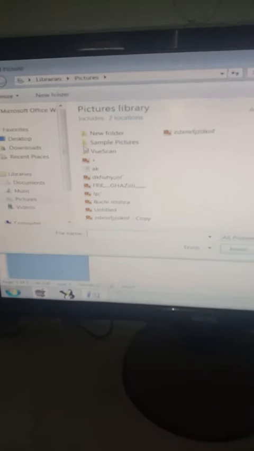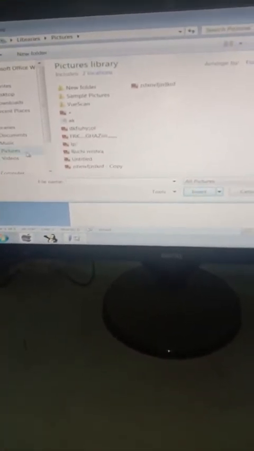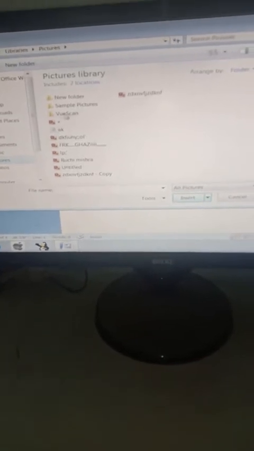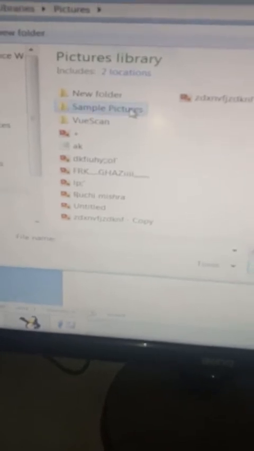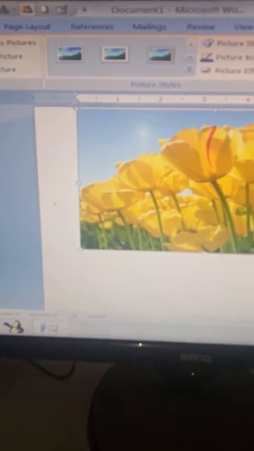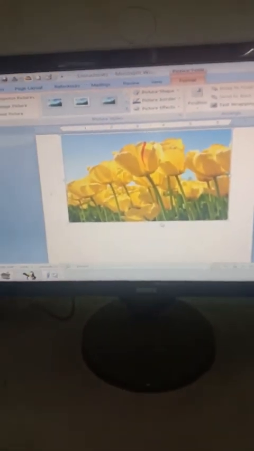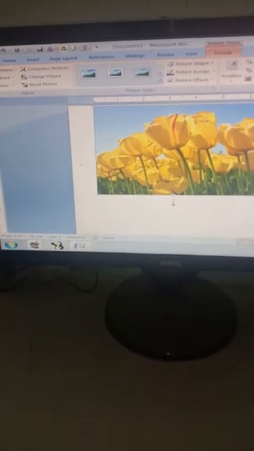As soon as you click on the Picture option, the different types of picture libraries appear over here. You can select any of the pictures. Like, this is the folder of sample pictures. I clicked on the sample pictures, and different types of pictures appear over here. Suppose this is the tulip picture, and as I double click over here, the picture of the tulip gets inserted into my document where my cursor was. So in this way I can insert a picture from my saved documents.